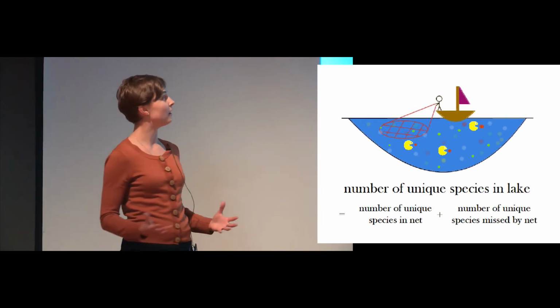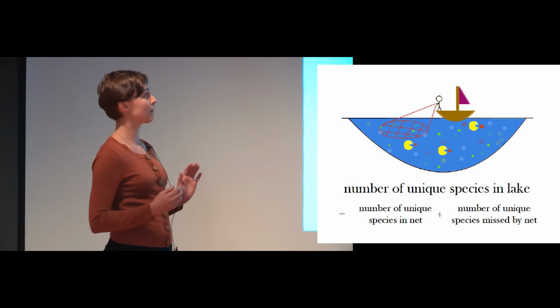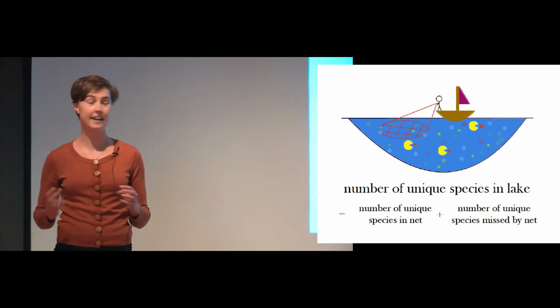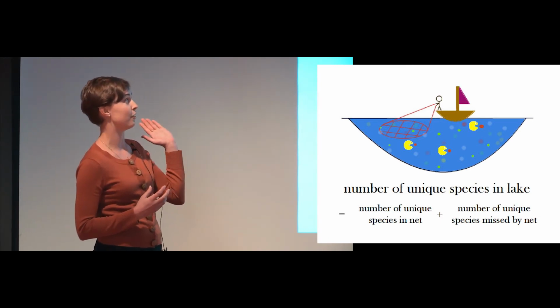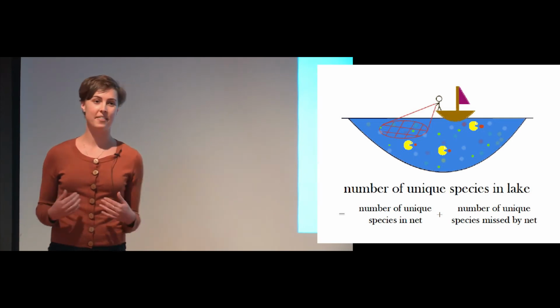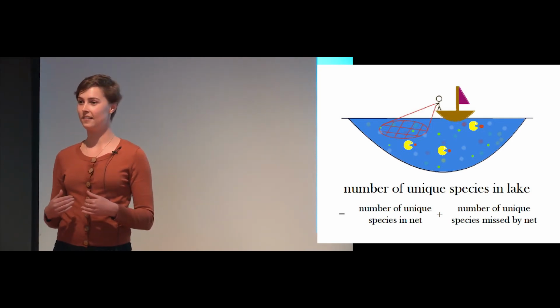By independence, I mean that here these pac-men would have to be eating indiscriminately, while we can actually see that they prefer the red fish. My method accounts for these sorts of interactions.